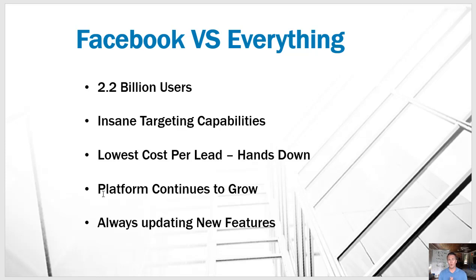So why Facebook, right? So I get this a lot. So why are you using Facebook? Isn't that where people just kind of hang out and socialize and share cat pictures and food pictures and stuff? Well, the reason why Facebook versus everything else is for a variety of reasons, but these are the main ones right here. The first reason is there's 2.2 billion users on Facebook, right? So 2 out of 7 people in the entire planet are using Facebook,